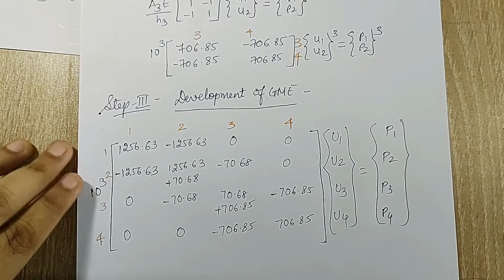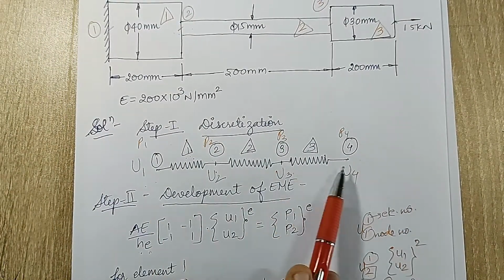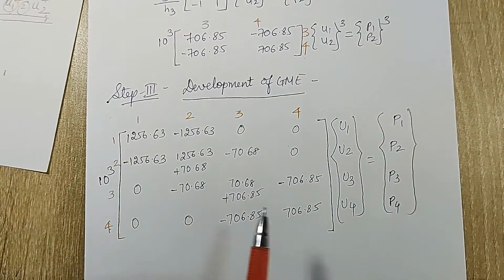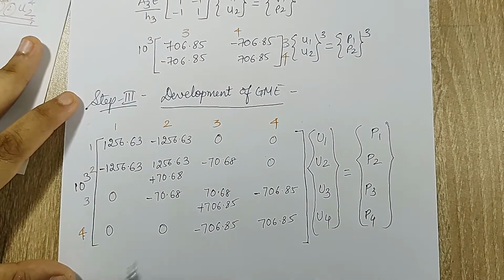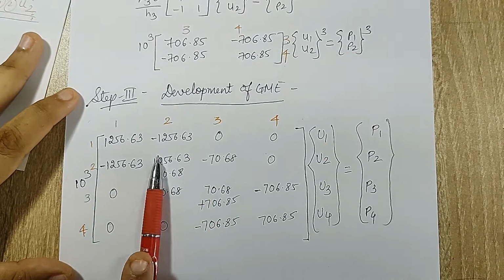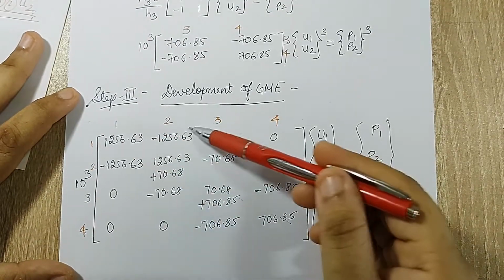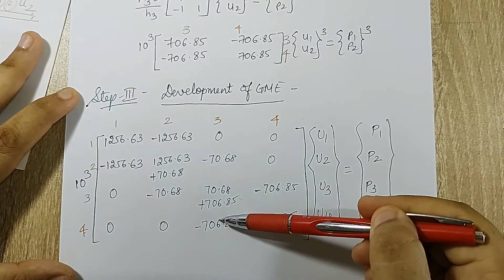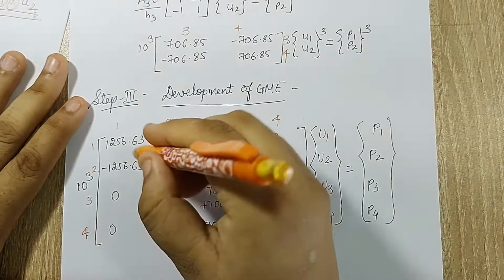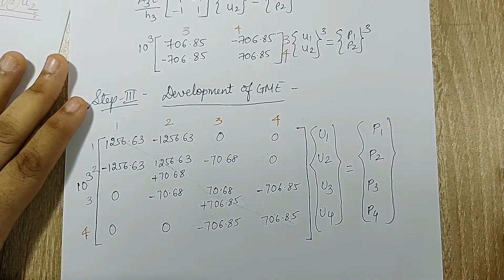Now if you observe carefully, while drawing the discretization diagram, I had clearly marked the nodes as 1, 2, 3, 4 and not in any haphazard manner. Today I am going to tell you what happens when you write the nodes in order. If you observe this GME now, you can see that I have all the elements towards the center, or towards the diagonal. This is my diagonal. If you observe, these three elements and these three elements are very close to the diagonal. I have this element 1, 1, I have 2, 2, I have 3, 3 and 4, 4. These are the diagonal elements.